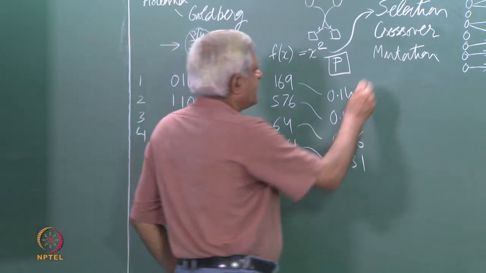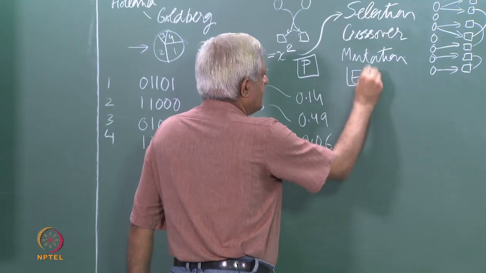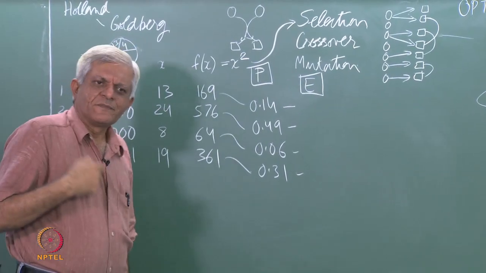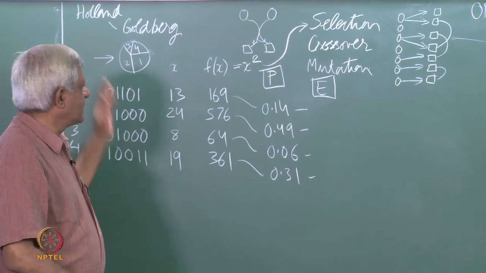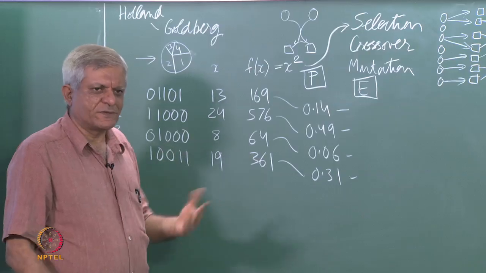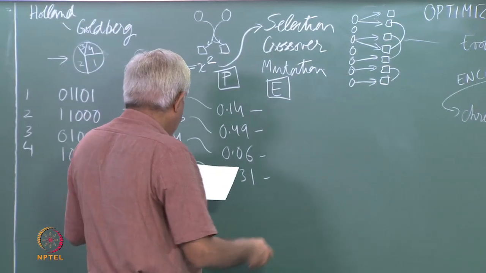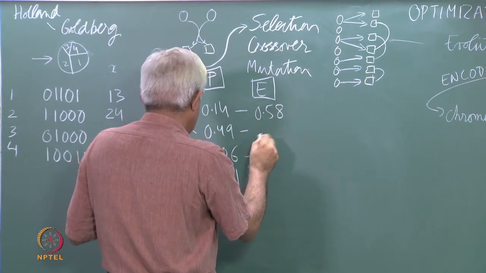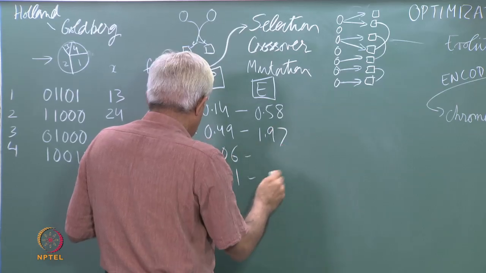So, the expected values, let us call them E, are basically these values multiplied by 4, because we are going to spin the wheel 4 times in our case. So, the number of instances of these candidates that we expect to see is basically 4 times this. So, this turns out to be 0.58, 1.97,